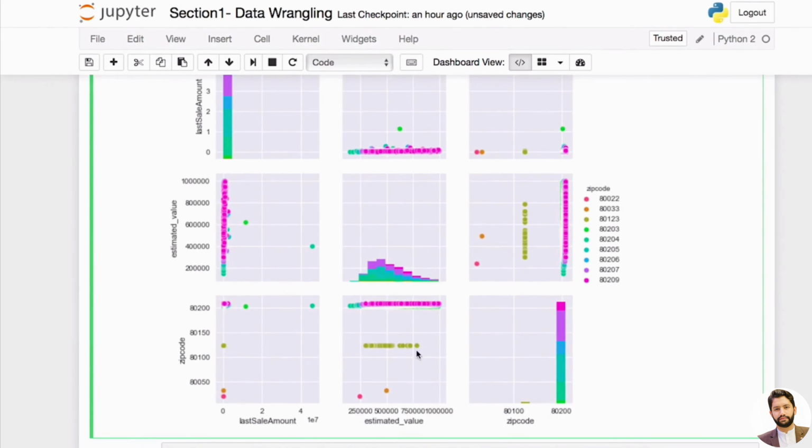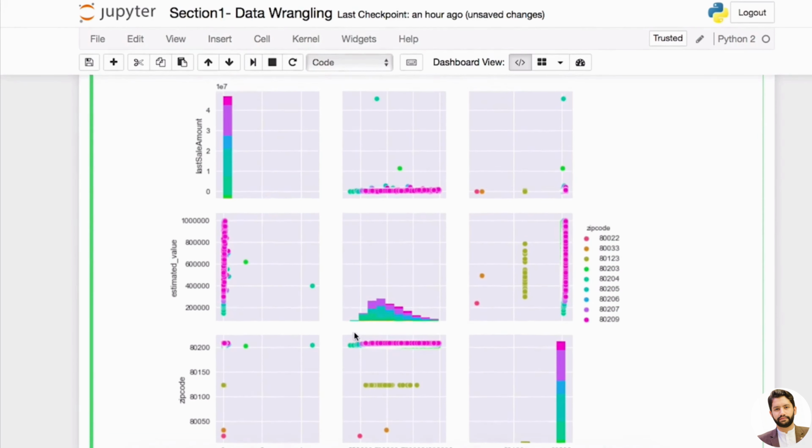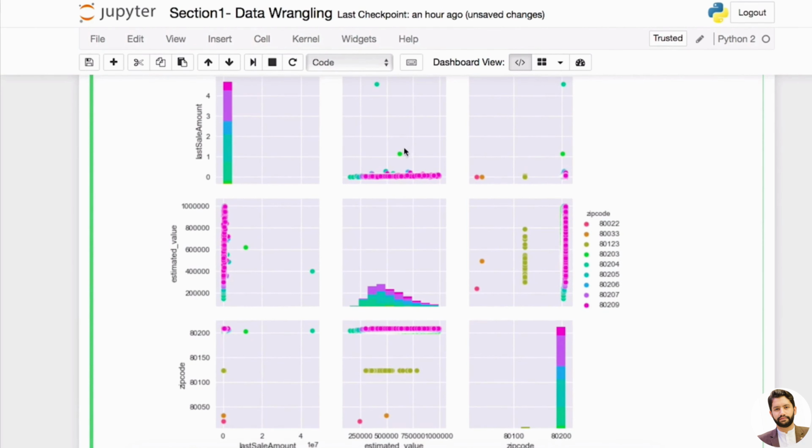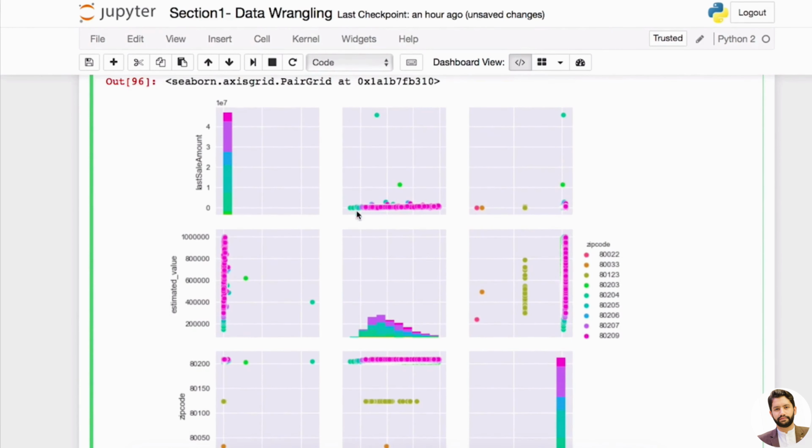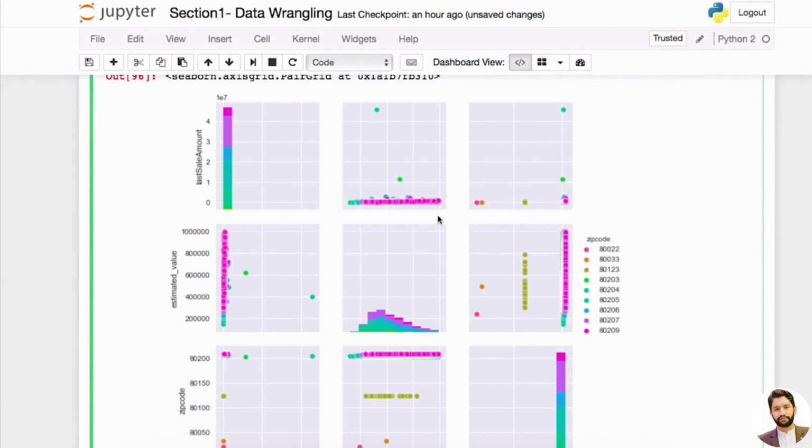And then what about the relationships, right? So what if we want to say this is the estimated value, right? And then based on different zip codes, you can actually see the estimated value. Definitely this one, because most of the houses are coming from this zip code, you can see it has a wide range of estimated values. And then what if I want to look at the estimated value versus last sale amount, right? So now in this plot, Y is actually last sale amount, and then X is our